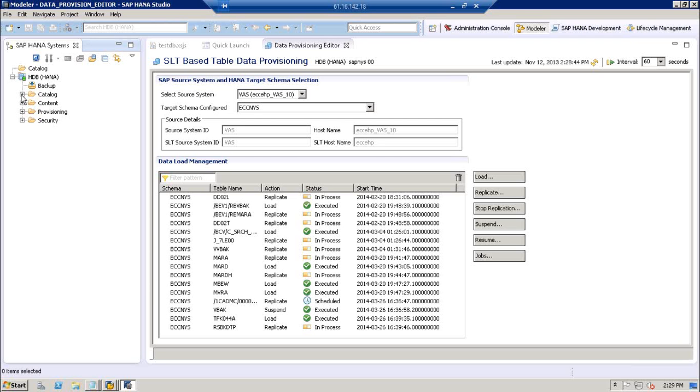This is one server, okay? Under one server, you will have different instances, and each will work as a separate node. This is one HDB which has catalog, content, security and provisioning. Another will be KDB, which will have another security, content, catalog and so on. It all depends how you want to structure your database. Normally, for a landscape, development environment or production, we create one instance, but it depends on your usage scenario and your landscape option.